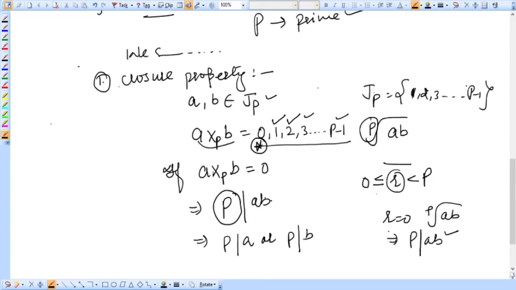Okay, for example, if 2 is dividing 8 into 5, then 2 must divide 8 or 2 must properly divide 5. So see here, 2 divides 8. Okay, it is true. This is known as Euclid's lemma. So here also p is dividing a into b, so therefore this implies p must divide a or p must divide b. Okay,